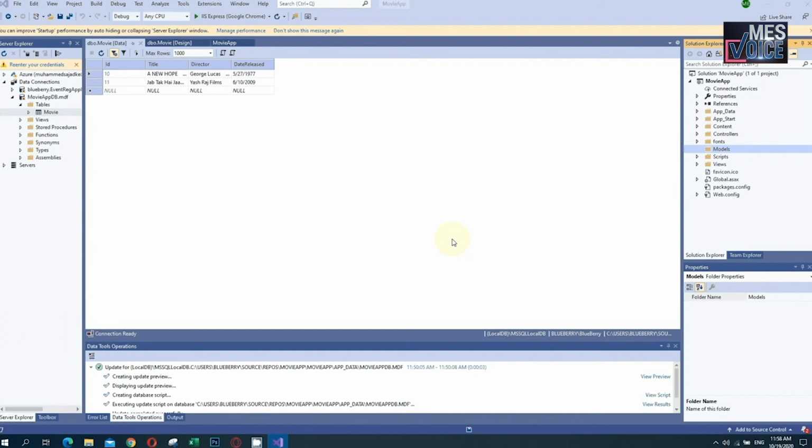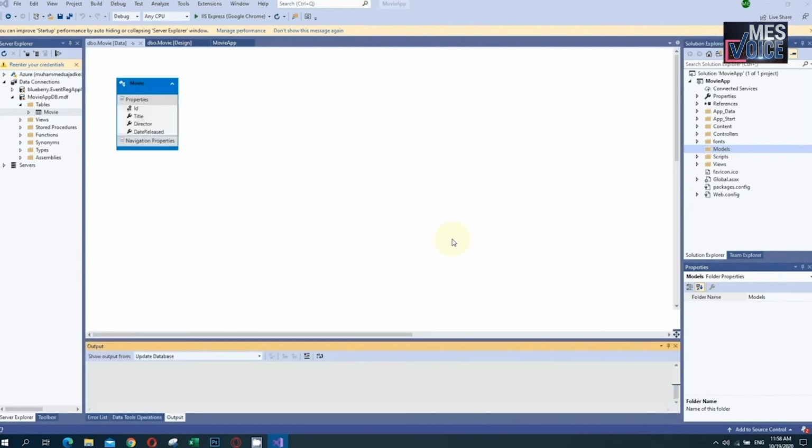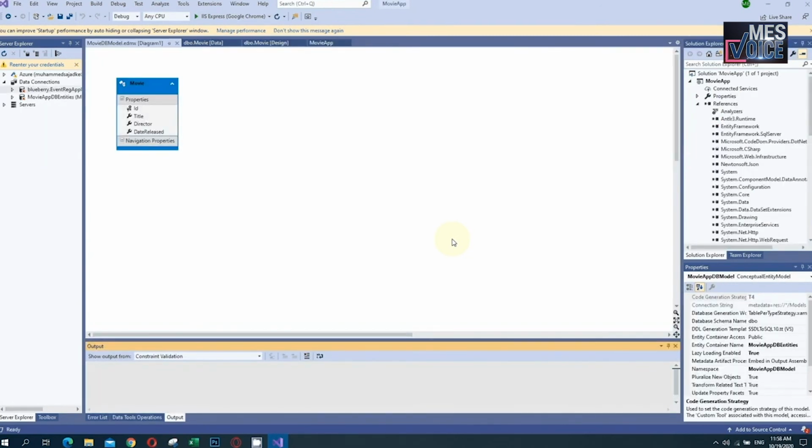We are creating this model because we have to represent the data available in the database as classes. That's why we are creating models. All the data available in the database is represented as classes by the MVC. So we are creating that model, and we have already named it movies. Look at this, the model is created, right? You can see the model created over here.